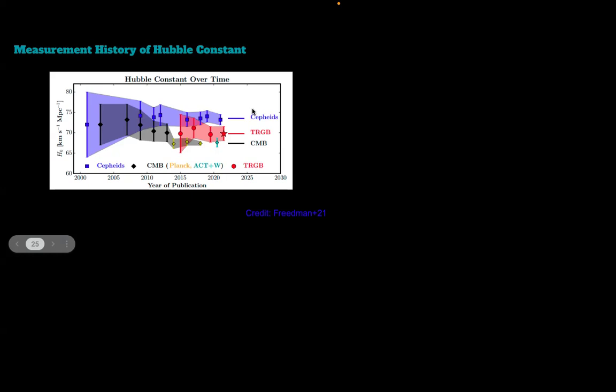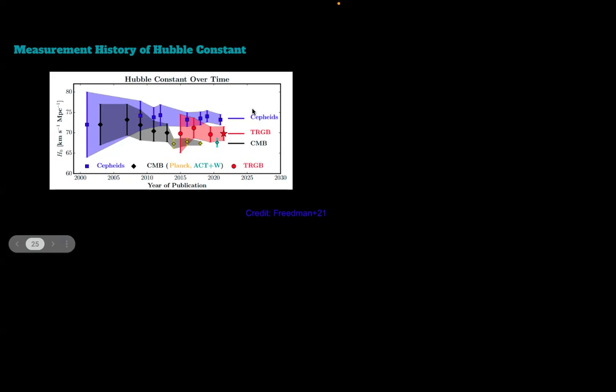And then you have your early universe probe. So these are model dependent, the early universe probes. So you have a CMB measurement from different instruments, and you then fit your flat lambda CDM model, and from there you estimate the Hubble constant. So here you can see that before the Planck estimates, these were almost similar, there was no problem. But after the Planck estimate, these became very precise measurements from the early universe. And then it creates almost a 4 to 6 sigma tension. So it means these values are not matching within 4 to 6 sigma.